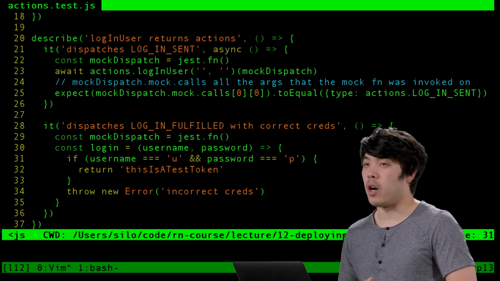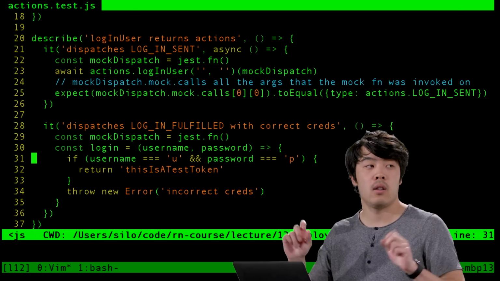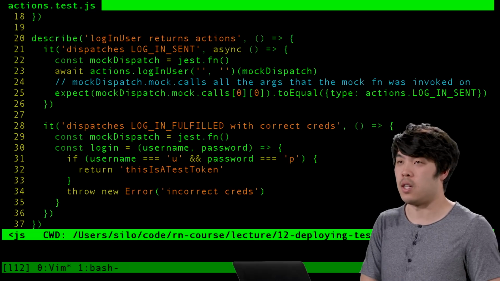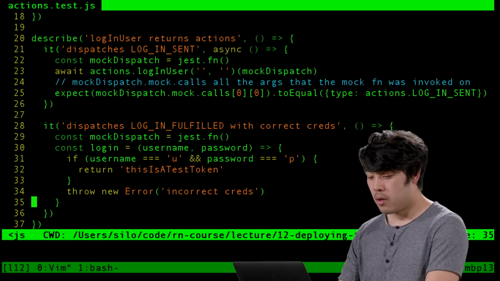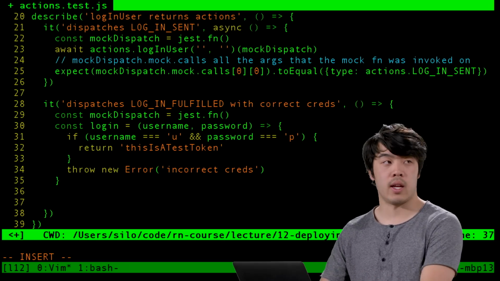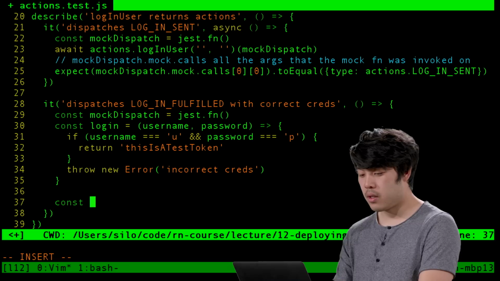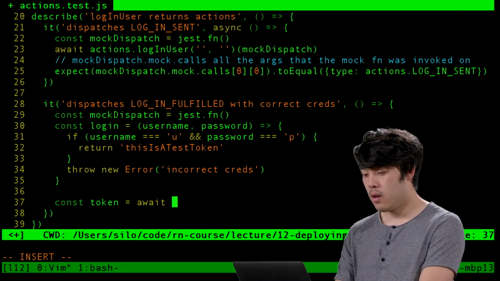So now we have a mock dispatch function, and we also have now a mock login function. And when I say mock, it's not actually a Jest mock function. It's just a function that we defined. And so now we can actually test this. We can say const token is await login